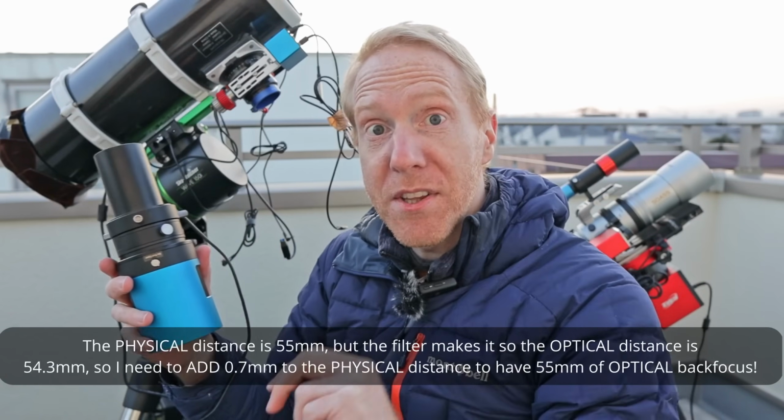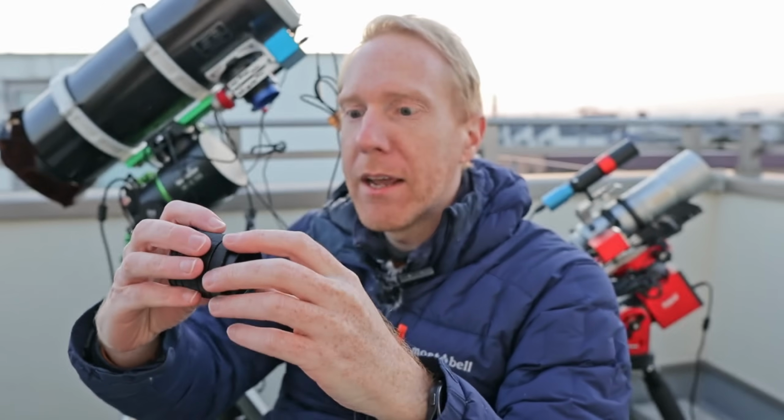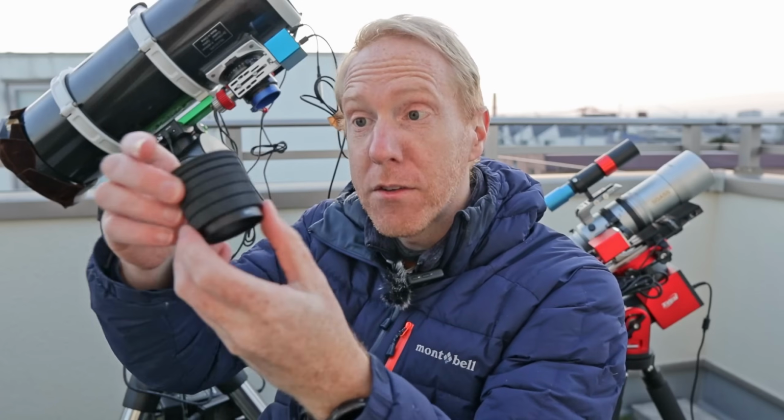How would you accomplish that? Or how would you do adjustments of your back focus distance when you have to venture away from the realm of well-supported and well-measured adapters? Well, you can use adapters like those. So I have like 7 millimeter thickness stuff. We have 10 millimeters, 8 millimeters, 5 millimeters, etc. So I have tons of rings there that I can put in my light path to increase the back focus